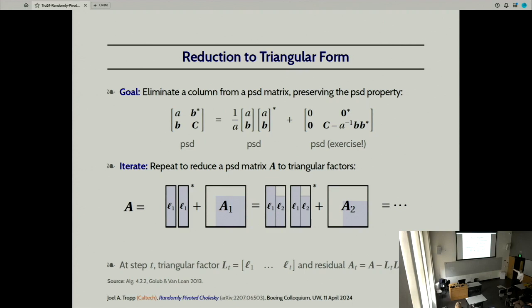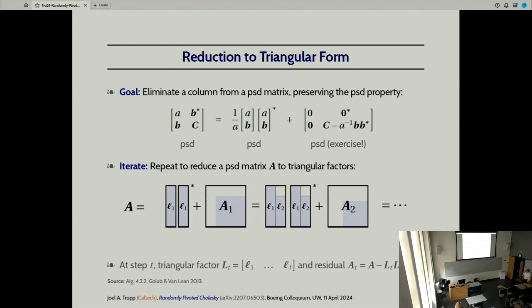And so the basic idea behind the method is that if you have a positive semi-definite matrix, you can decompose it into two pieces by pulling off the first column and forming its outer product, and then normalizing it by the diagonal entry. So this matrix is obviously positive semi-definite, because it's an outer product of the same vector with itself. And this matrix happens to kill off the first row and column of the matrix that you started with. And you can check, it's an exercise, that the block here in the corner, which is called a Schur complement, remains a positive semi-definite matrix. Okay, this is great. We've removed the first column, we have another PSD matrix, and so we can iterate.